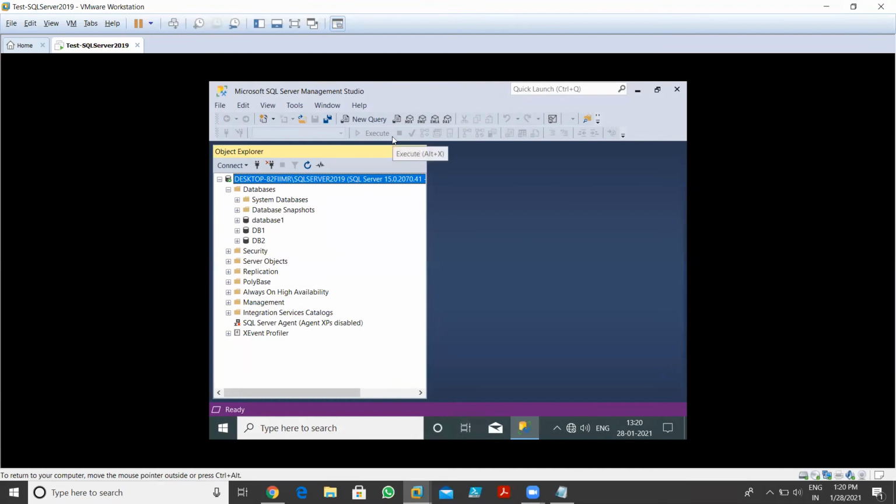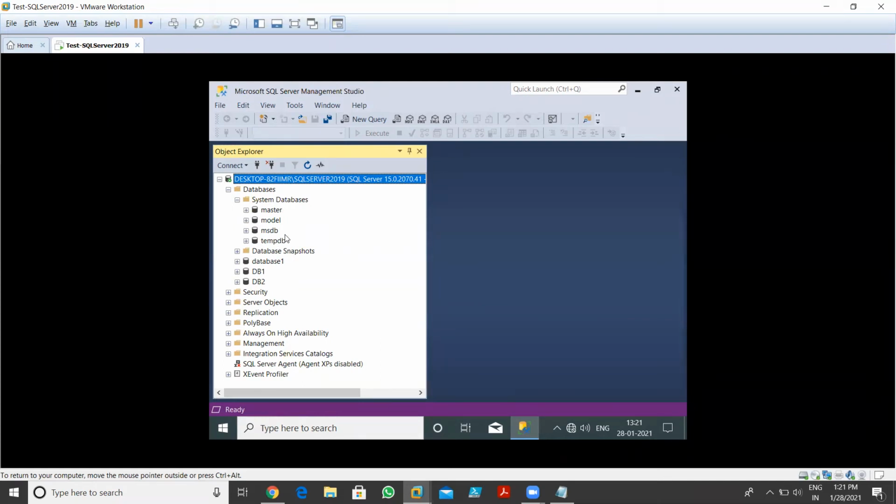This is my SQL Server Management Studio. I logged in with my admin account. Once I expand the Databases option, we have a user-defined database, which was created in the previous session with the help of the command prompt and PowerShell. Now if I expand the system databases, we see four databases: master, model, MSDB, and temp.